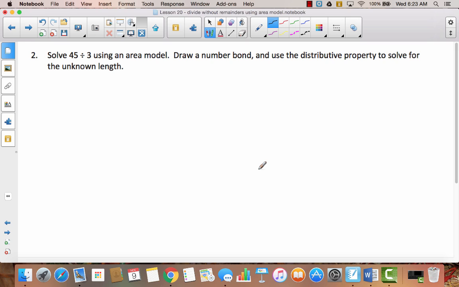We're going to get a chance to make our own area model. So we're going to take 45. There's a couple of ways in the Zern video that they did it. They just took 45 all together, and then they tried to break it down. Or sometimes they started with a number and they added to it until they got 45. Well, I think sometimes you have to be careful when you do that because sometimes you'll get a number that's not divisible by 3. But if I look at 45, there are lots of numbers in 45 that are divisible